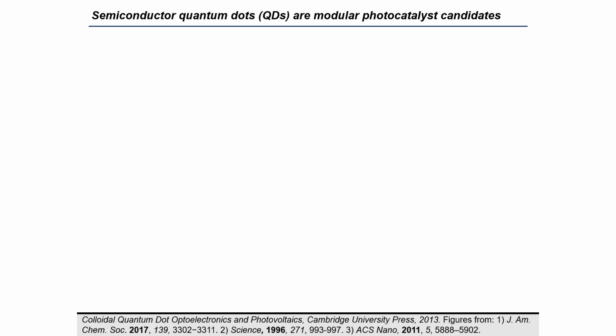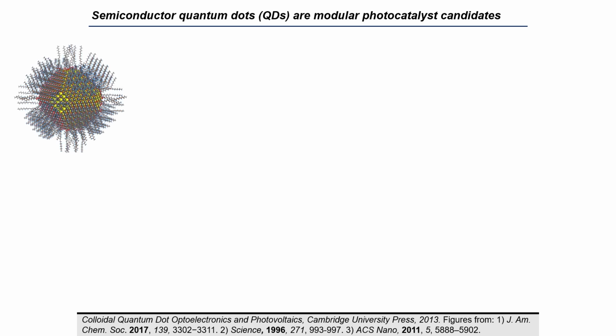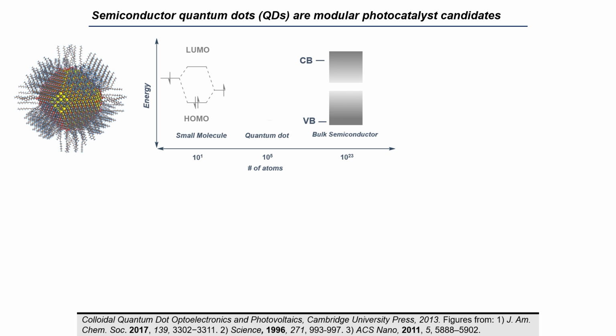Our group and others have explored semiconductor quantum dots as potential photocatalyst candidates for organic photoredox catalyzed transformations. Quantum dots are uniquely positioned between that of a small molecule and a bulk semiconductor in terms of their electronic structure. So if we consider a small molecule where the HOMO and LUMO orbitals are effectively quantized and set in